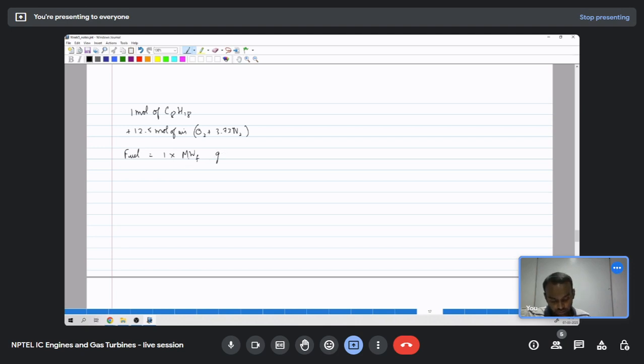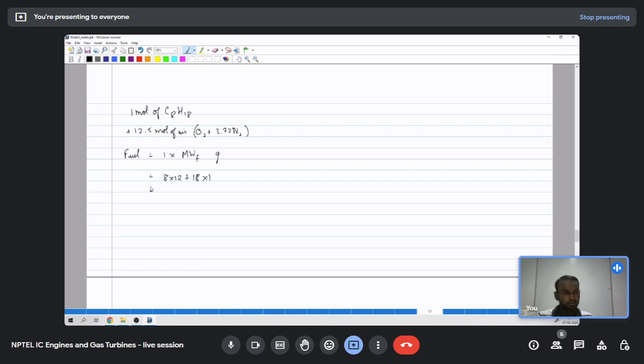How? Molecular weight means gram per mole, and we had 1 mole of the fuel, then mole and mole will get cancelled, and finally we will end up having grams in the numerator. So molecular weight is 8 into the molecular weight of carbon, which is 12, plus 18 into 1, because hydrogen molecular weight is 1. So with this we will have,